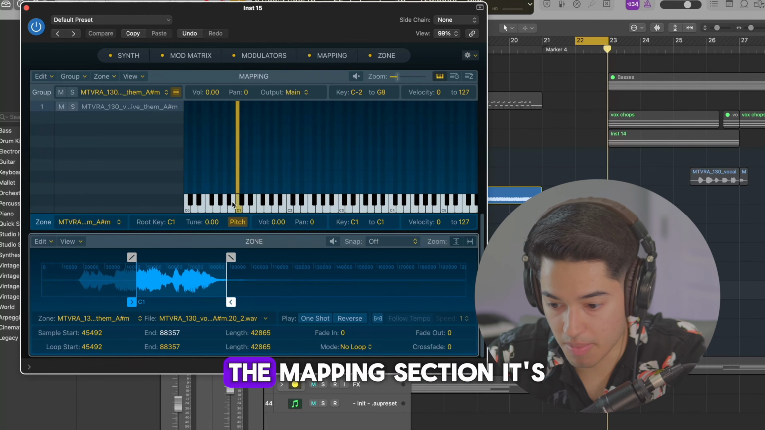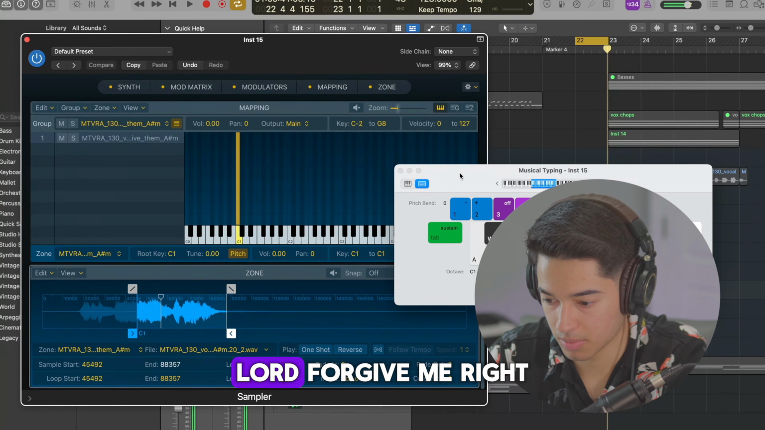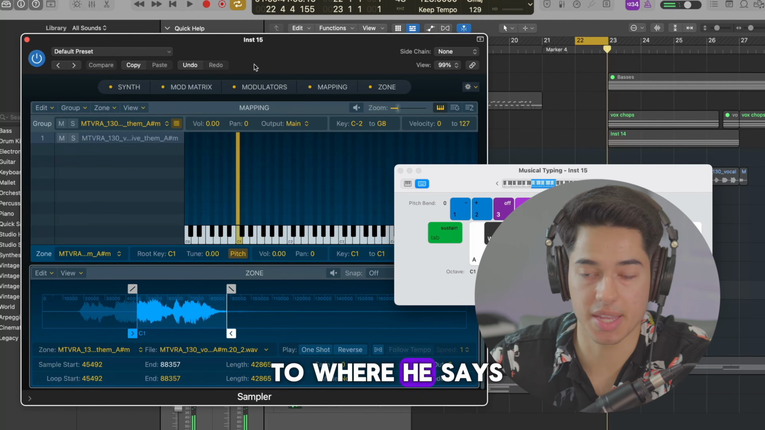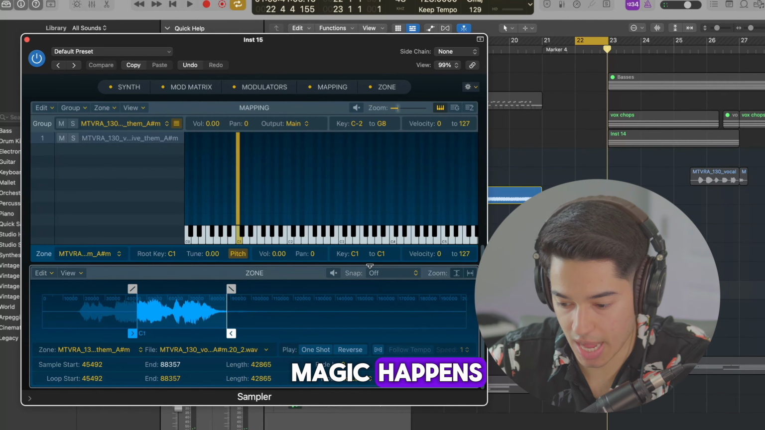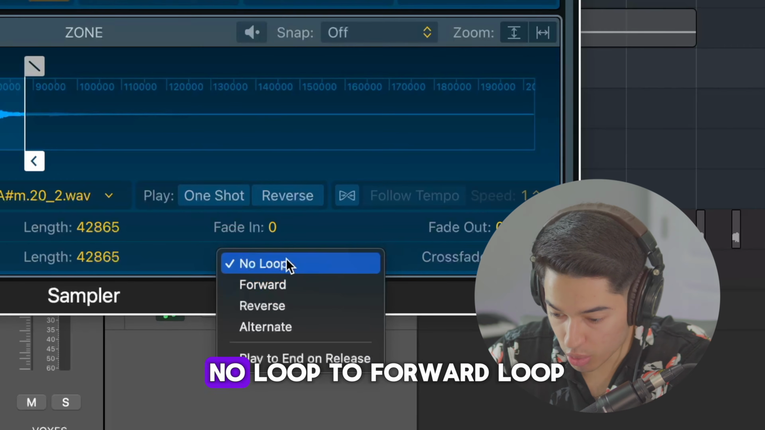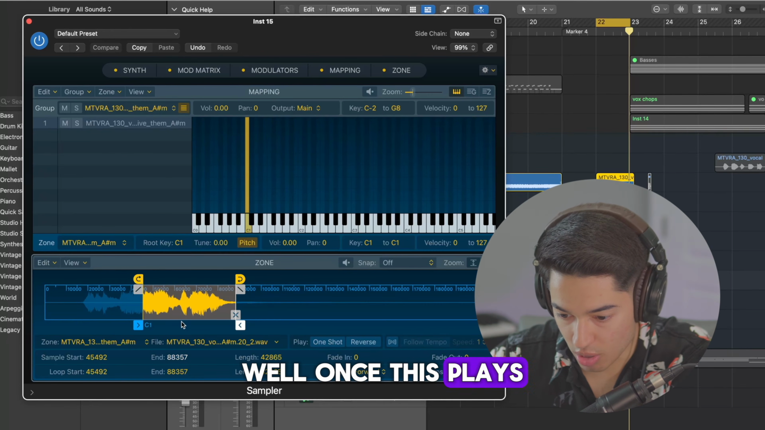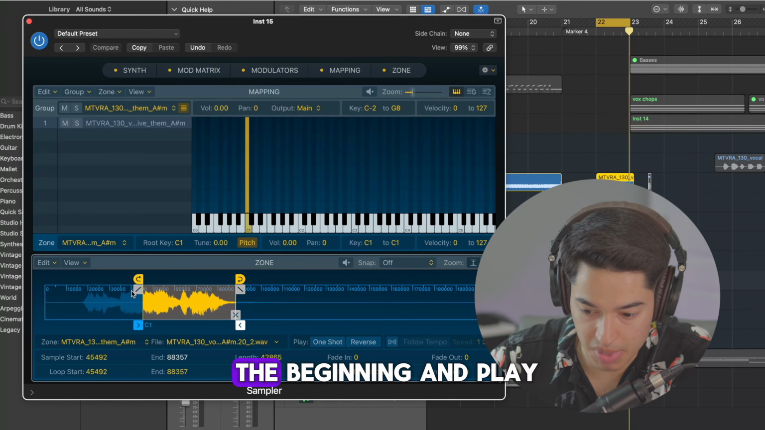You can see on the mapping section, it's playing at C1. So if we open up our musical keyboard, "Lord forgive him." Right, we've chopped it up to where he says, "Lord forgive me." But here's where the magic happens. We're gonna go into mode on the zone section and change it from no loop to forward loop. So the forward loop will, once this plays all the way through, go back to the beginning and play